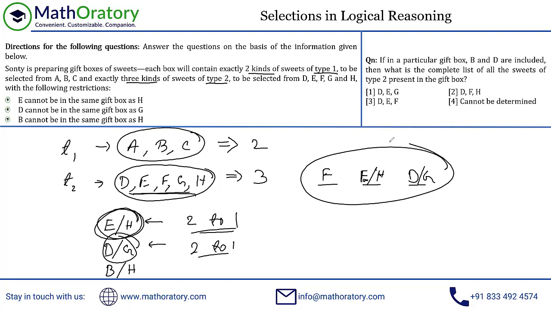So whenever you have a grouping kind of thing, more often than not, you will have some number restriction to it. So you have to select these many people. You have to select at least these many people. So something related to numbers might be present whenever there's a grouping involved in a selection kind of problem. Additionally to that grouping, you will have some conditions. So in this case, the conditions are pretty straightforward. But based on those conditions, try to understand whether those conditions are affecting the same group or different groups. So if it is affecting the same group, pay more importance to that particular condition. That will always help you to simplify that set. That's all my input for this particular question.